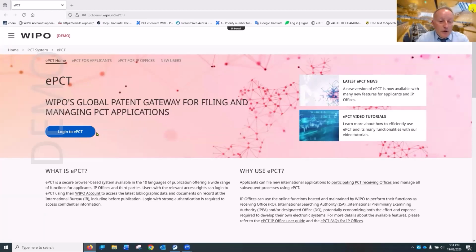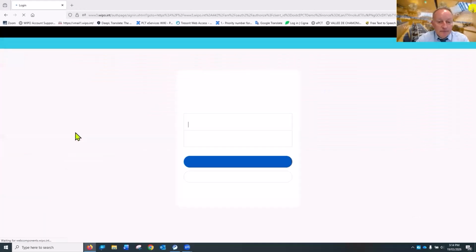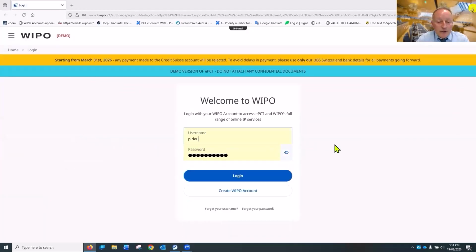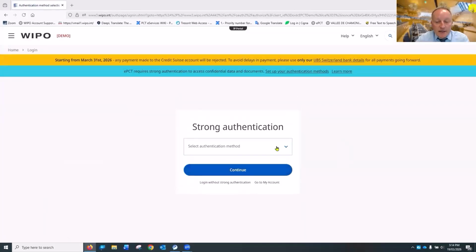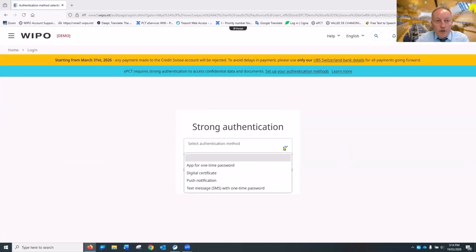So first you click on Login to ePCT. Then you enter your username and password, which is associated with your WIPO account. Then you click on Login, and then the system will ask you to select the strong authentication which is associated with your WIPO account. Then you can use the app for one-time password, digital certificate, push notification, or text message, SMS for one-time password. I would just like to mention that we recommend our